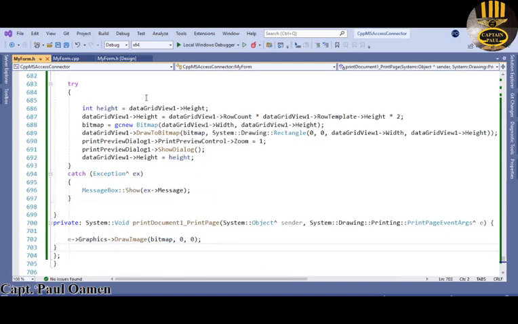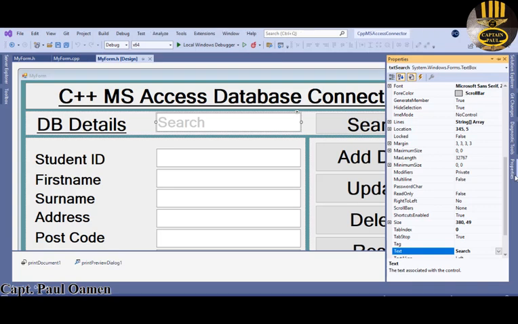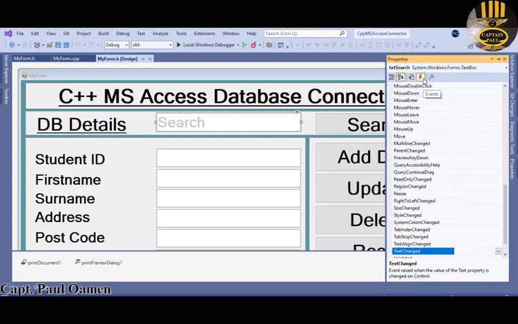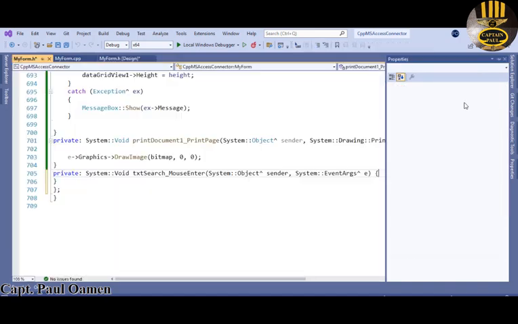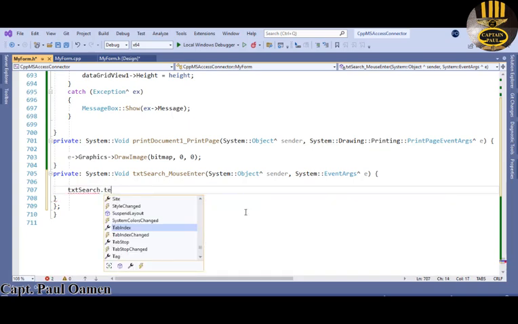Now let's come in here, select this, and when the mouse enter, we want this text to disappear and the cursor flashing, so that's mouse enter. Double click on that. So in here we just say the search button dot text equals clear,